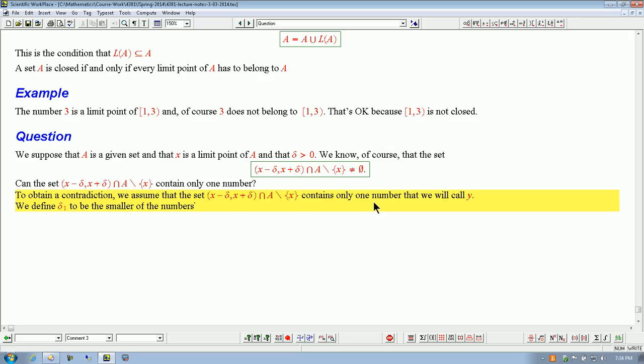Actually, I don't even have to do that. I will. This is totally unnecessary. Sometimes you say something unnecessary because then you don't have to explain yourself. The smaller of the numbers delta and the distance from x to y. There was no need for me to say this. I could have justified delta 1 to be this. Please note